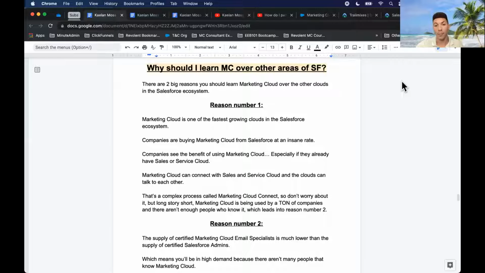I also got a lot of opportunities to travel, which at that time I really wanted to do. So that was a huge opportunity for me. And obviously, once you learn a skill that's so niche, like Marketing Cloud, you have the opportunity to negotiate your salary a little bit more than somebody who may not be in as niche of an industry. So all of those are experiences that I've gone through just since learning Marketing Cloud, starting back in 2017.